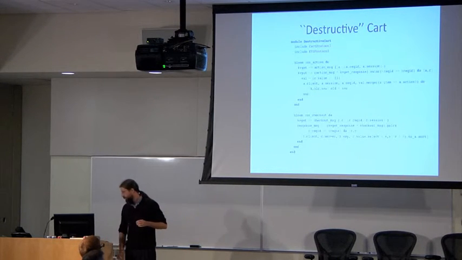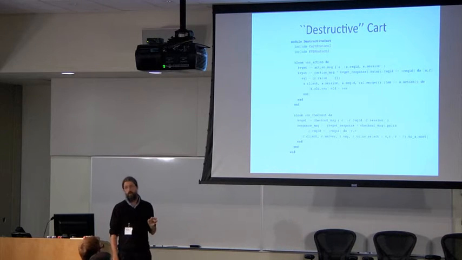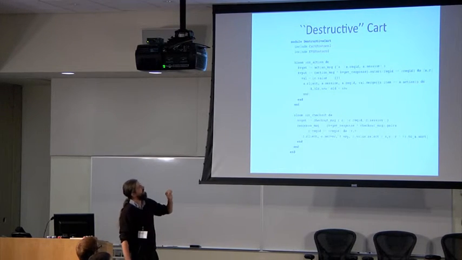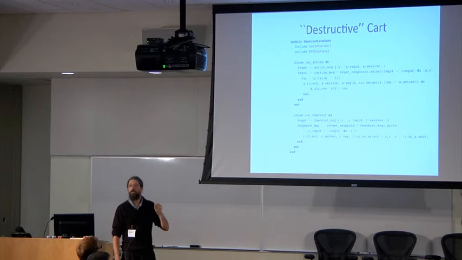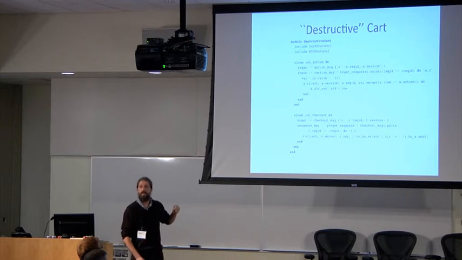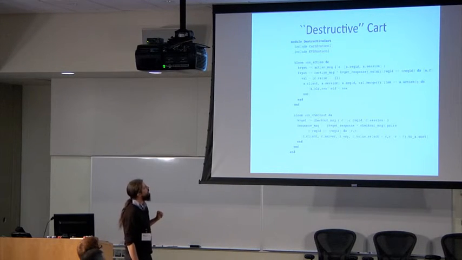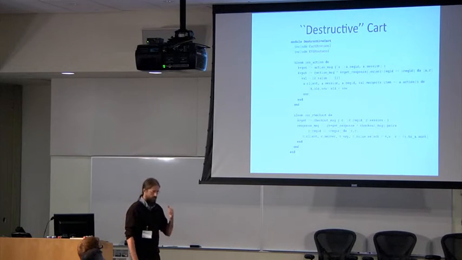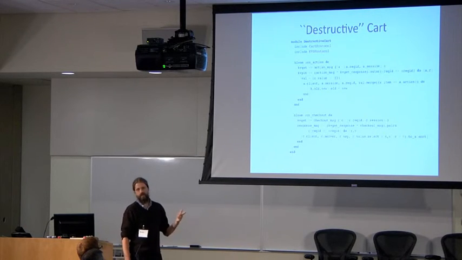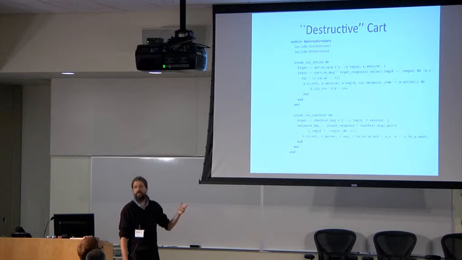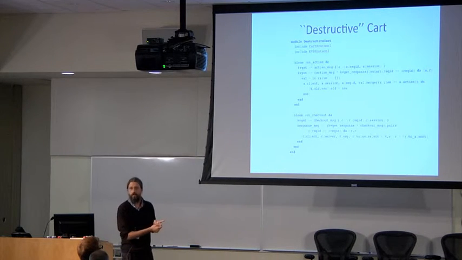So here's the Bloom code for the destructive cart. It's quite short. It refers to the key value store, but you've already seen the key value store too. So you can imagine unpacking that into the complete destructive cart. I don't really have time to talk too much about it, but it's what you would think it would be. When you get an action, probe the key value store and see if you already have a record for this session. If you do, append to that array or delete from it, depending on what the operation was. If you don't, create a new record in the key value store.